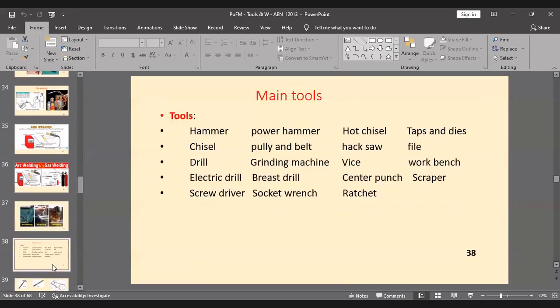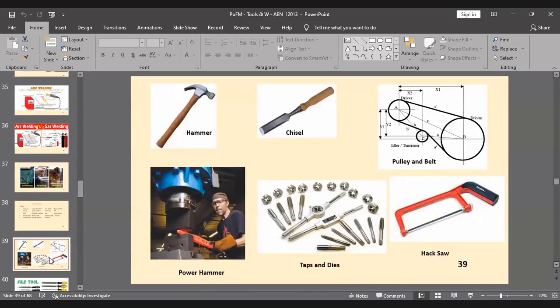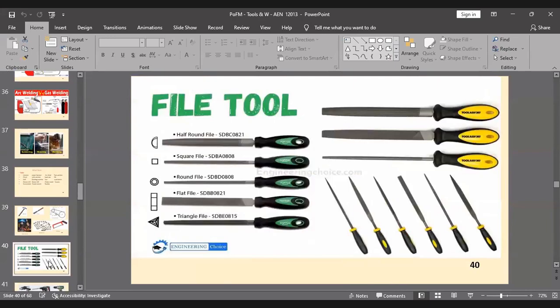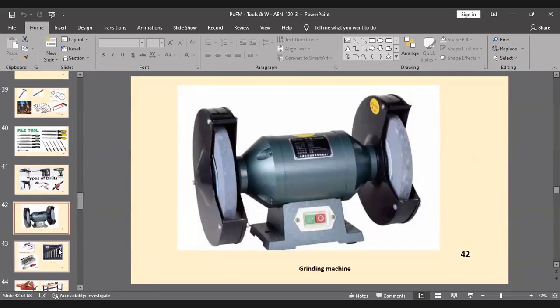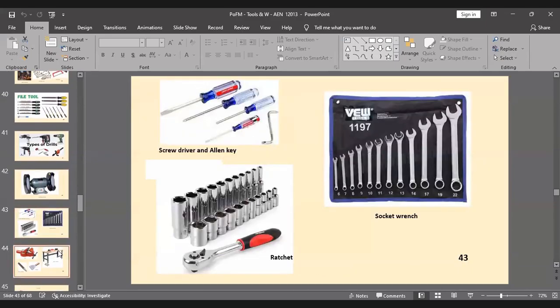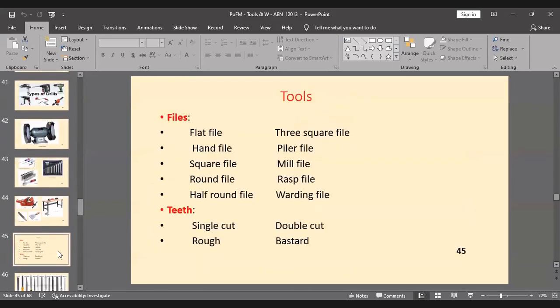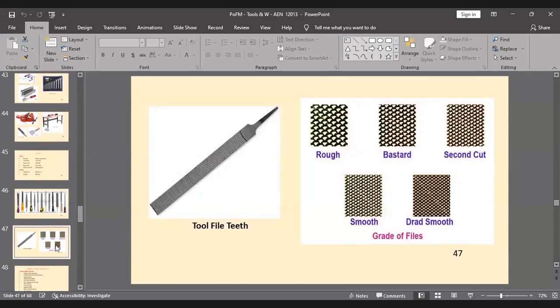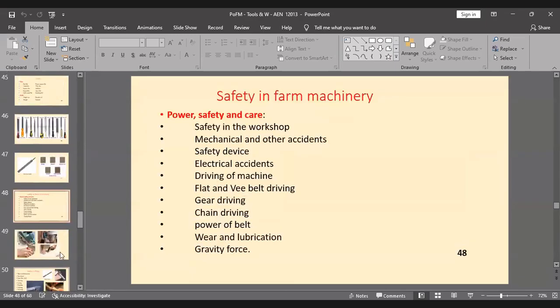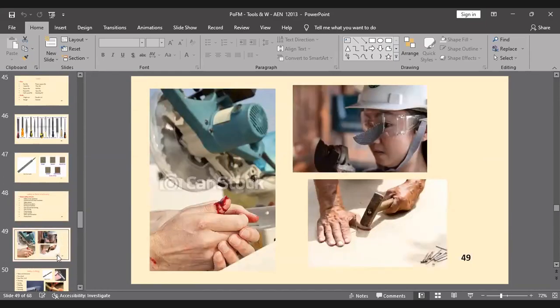Then main tools. These are file tools, workbench tools, especially this file, special attention taken, safety, farm machinery, then safety precautions, accident prevention,